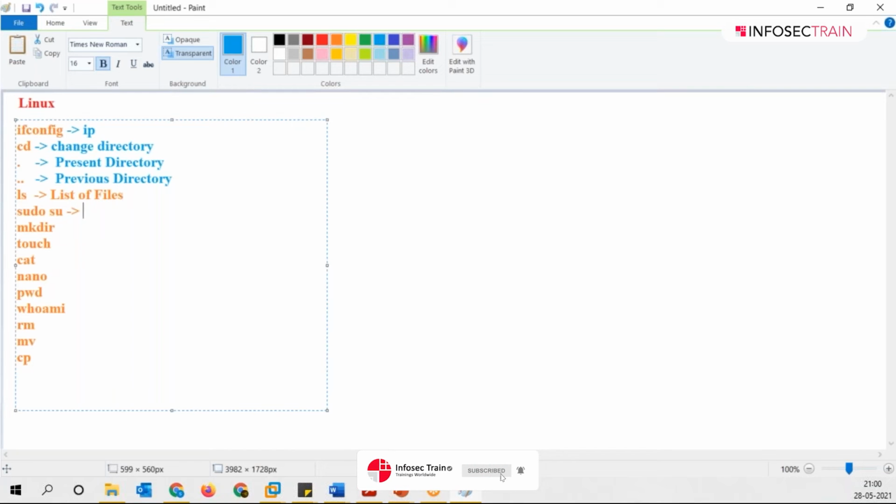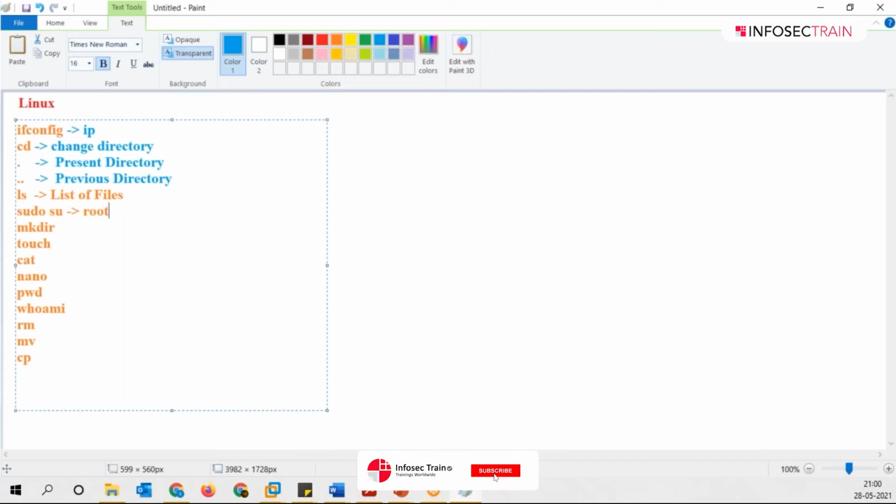Sudo su will be switching your user from a normal user to the root user. A root user is the one who has the maximum or most of the privileges. When you sign in, you go in like a normal user, but when you do sudo su and become a root user, you have most of the privileges in that particular system. In Windows it's an administrator. In Linux, it will be root. Clear? The one which has most of the privileges.